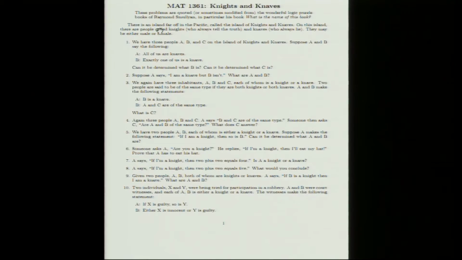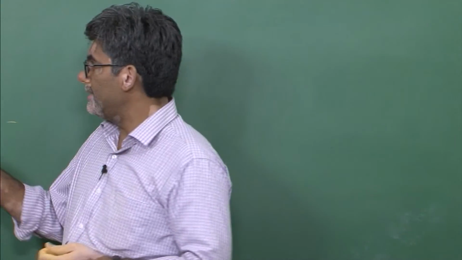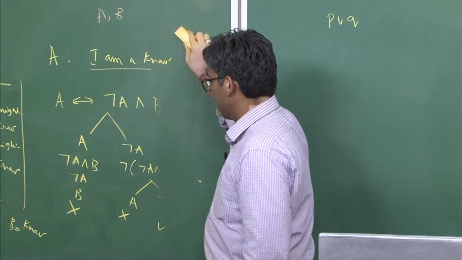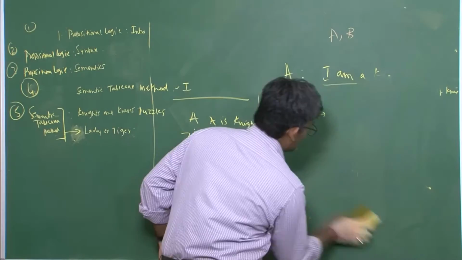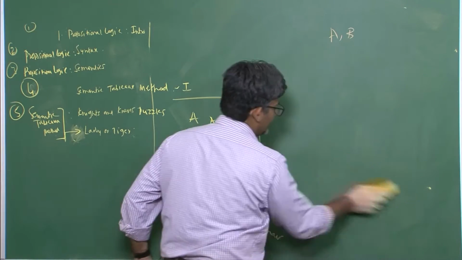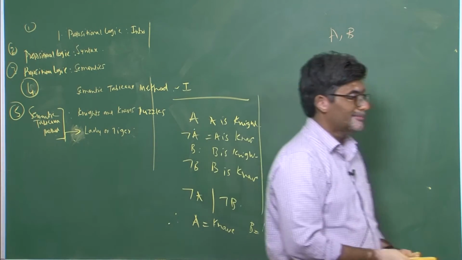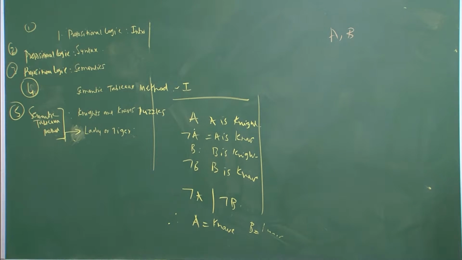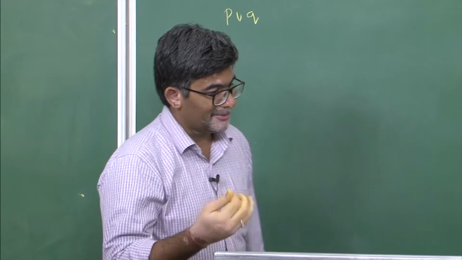The second statement is B saying that exactly one of us is a knave. I am talking about the first example here. Exactly one of us is a knave means there are three possibilities. Suppose you take A is a knave, you should ensure that B and C are knights. So this needs to be written like this. I am not going to solve this problem because it takes a lot of board space. I am just representing this formula, and later you can apply the semantic tableaux rules, and then you will be able to come up with an answer.